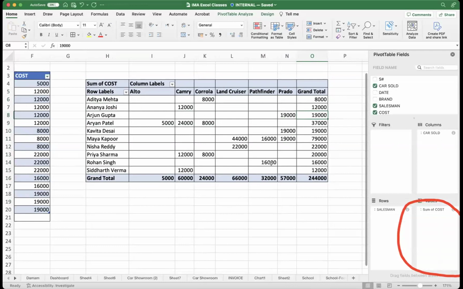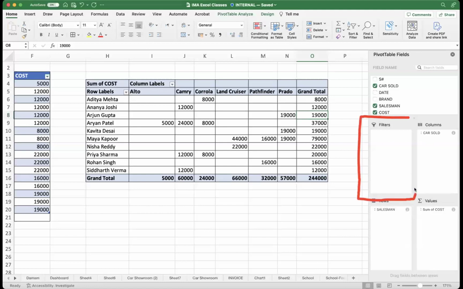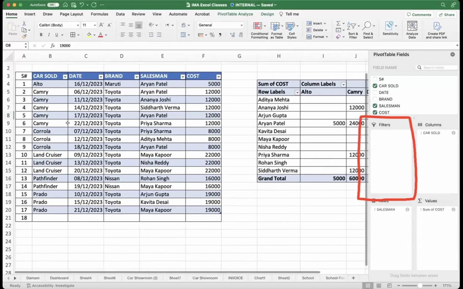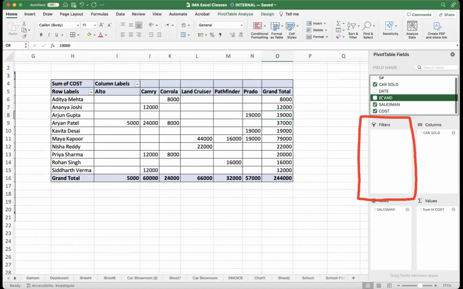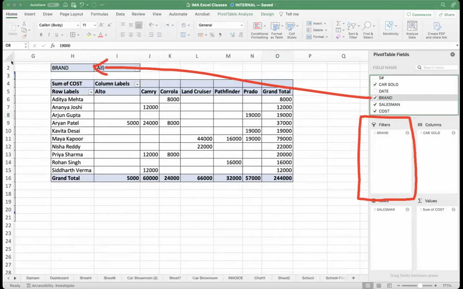एक और ऑप्शन है कि ये जो फिल्टर आपको नजर आ रहा है, ये एक और बॉक्स है यहाँ पे, दैट इज कॉल्ड फिल्टर बॉक्स। ये फिल्टर का यूज क्या है? इतना बड़ा जो कंटेंट था वो ड्रिल डाउन होके इतना छोटा कंटेंट बन गया। इसको भी अगर आप चाहते हैं कि फर्दर ड्रिलिंग हो, तो आप ब्रांड को लेके यहाँ पे डाल सकते हैं। ठीक है, ब्रांड को जैसे ही यहाँ पे डाला, तो यहाँ पे एक ड्रॉप डाउन बॉक्स आ गया।